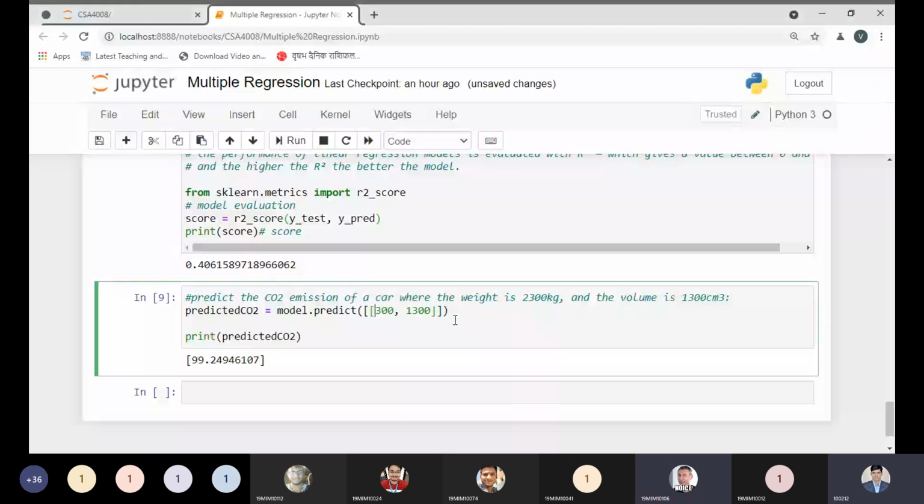Okay, so according to you the car weight is 3000. Okay, I've done that. Now next, tell me what would be the volume of the engine of the car, any other value so I can update, and I need to check what would be the expected carbon generated by the car. Yes, 1800.